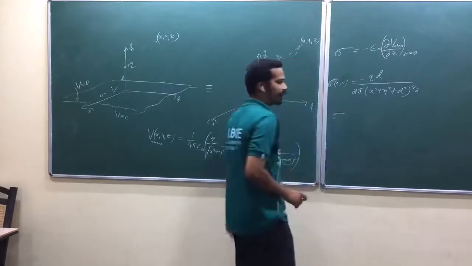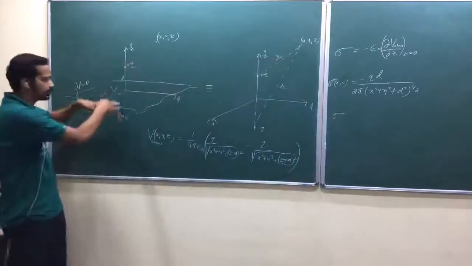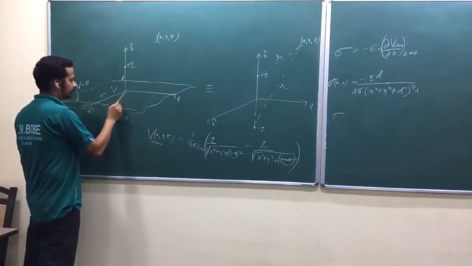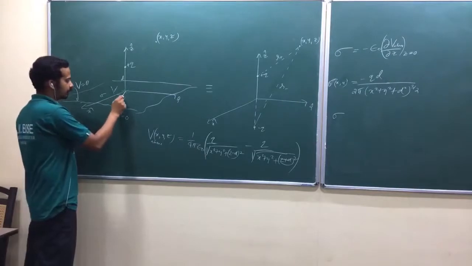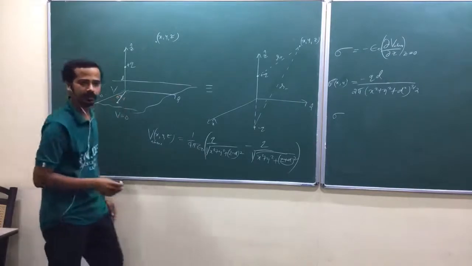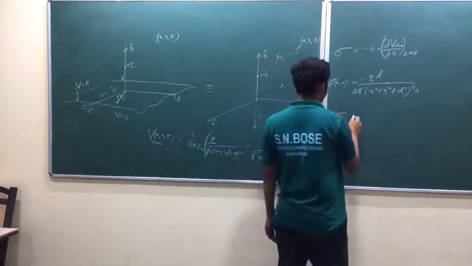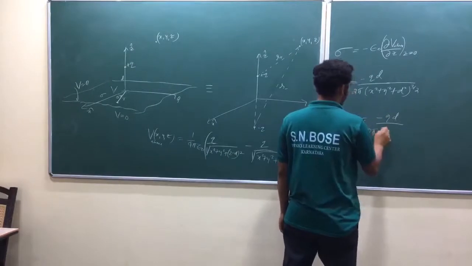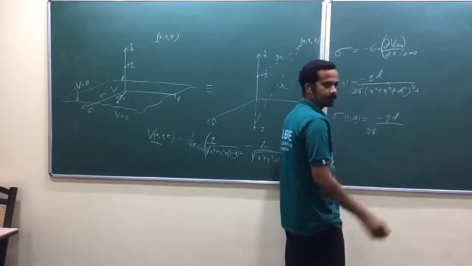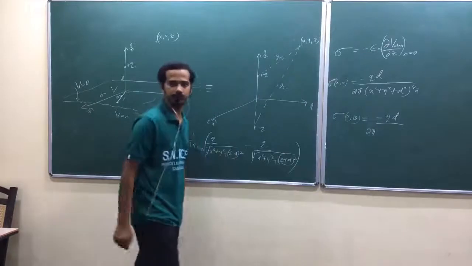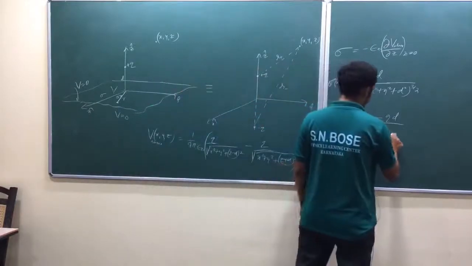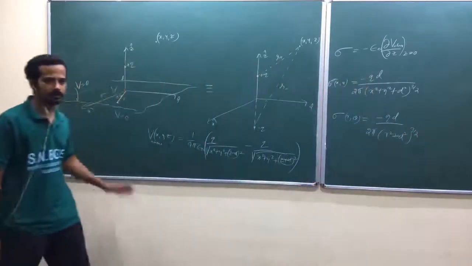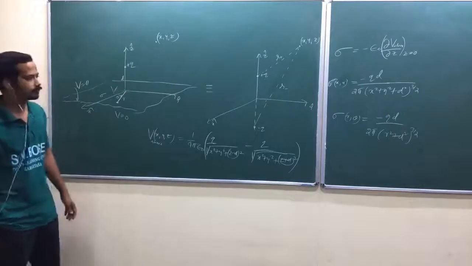Now I am interested to write this in terms of r and theta, because I am talking about the plane now, isn't it? Let me take this as my initial axis, and this is some point. Let me define r and theta here. So how do you write that? Sigma of r comma theta is minus q d by 2 pi. What is x square plus y square? When you transform to polar coordinates, that will be r square. Am I right? So r square plus d square whole power 3 by 2. Obviously, it is independent of theta. Symmetry, isn't it? When you rotate the plane, it will not change.